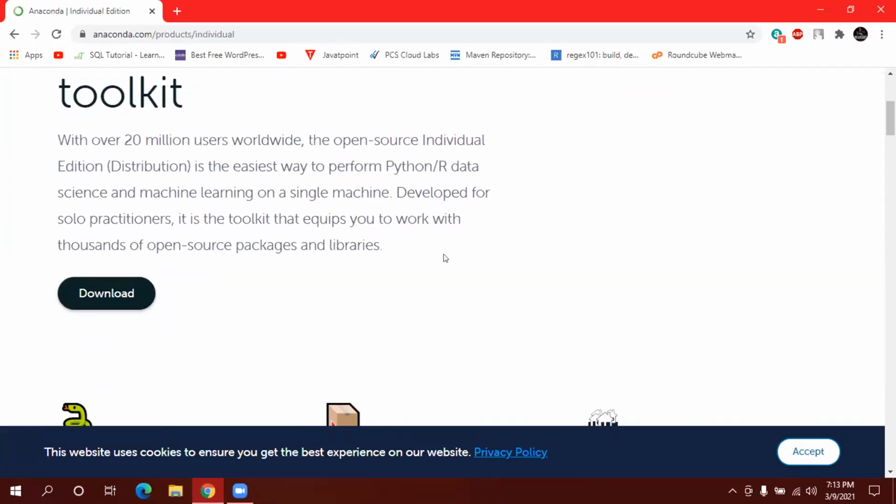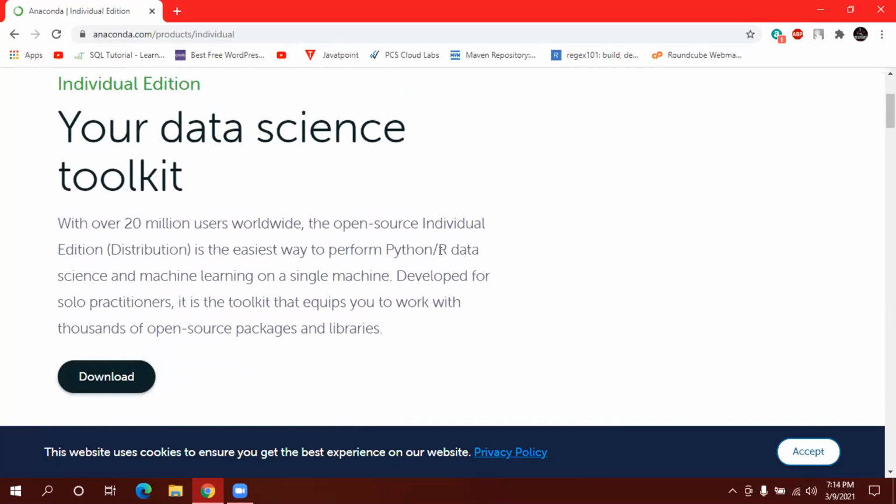Why is it saying that? Because Anaconda comes with lots of inbuilt packages. PyCharm is basically nothing but a text editor. You can use Java with PyCharm also, but in the back end, for the interpreter or compiler, you need one interpreter installed. That's why you need Python. If you install Python alone, manually you have to install all the related packages.